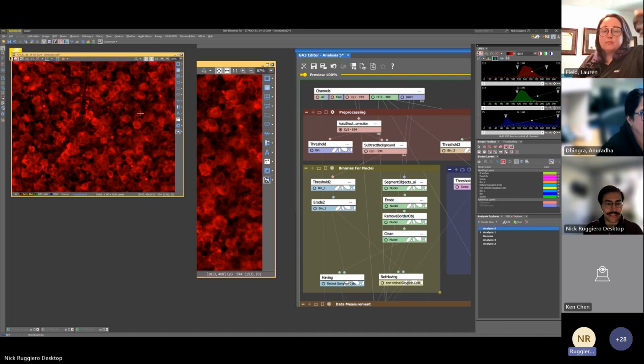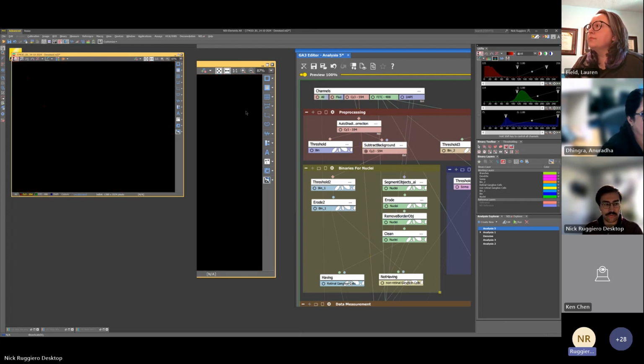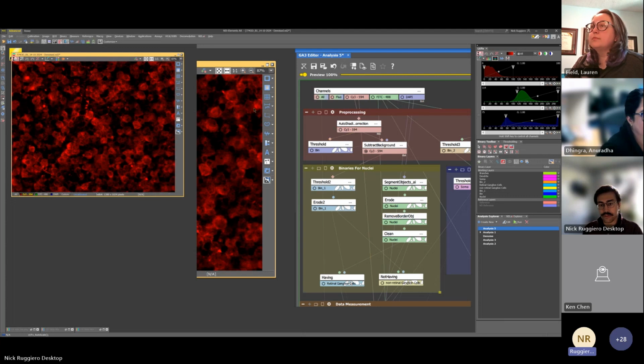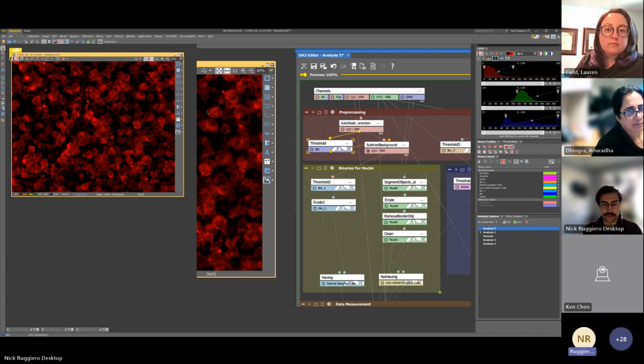From there, what I did is, because I saw that we have a ton of background here that we might not be interested in, I thought that it would be a good idea to do a background subtraction. So I will look up table here. The way that a subtract background function is going to work, this is a pretty common one, is we first need to point it at an image, and then we need to give it some sort of threshold that we've come up with. So if we look at that threshold,